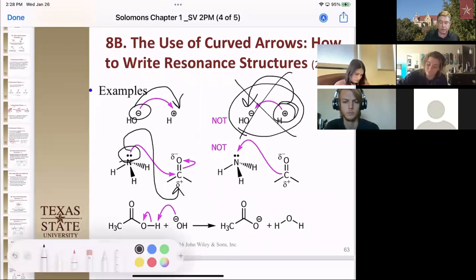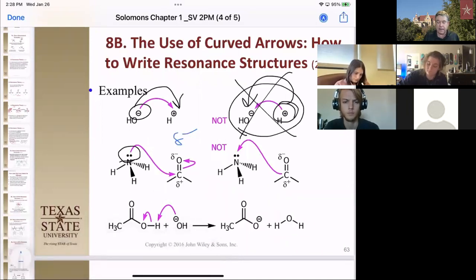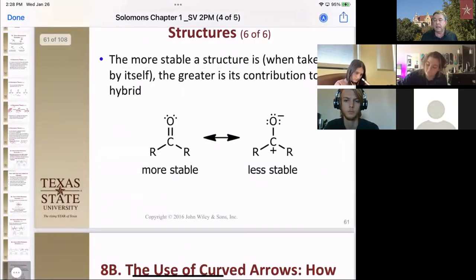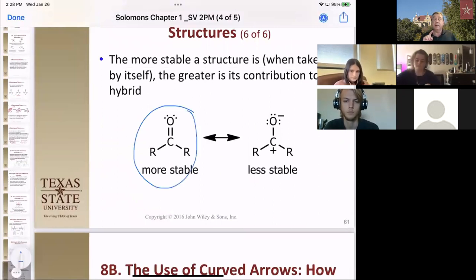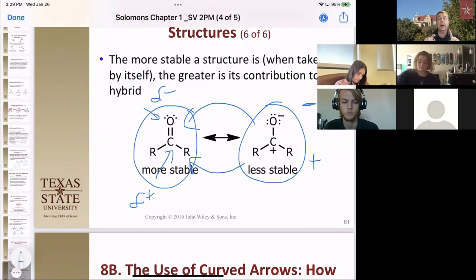Now, this is kind of weird. I have this carbon written very funny. I have this delta negative up here and this delta positive down here. Remember this resonance structure here? We said that this one was more stable, but this one is valid. So that means that it's more like this. I'm not going to draw an arrow to it. It's just more like this. So that means it doesn't have a full negative charge or a full positive charge. It has a partial delta negative charge on the oxygen and a partial delta positive charge on the carbon